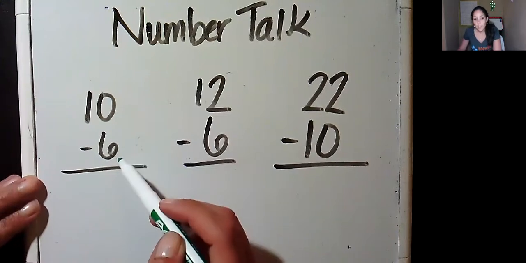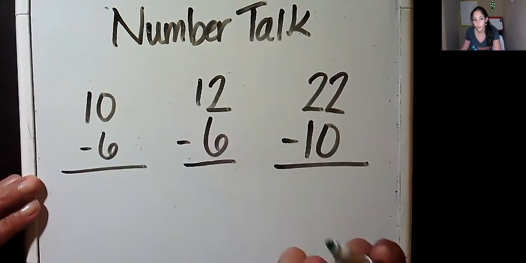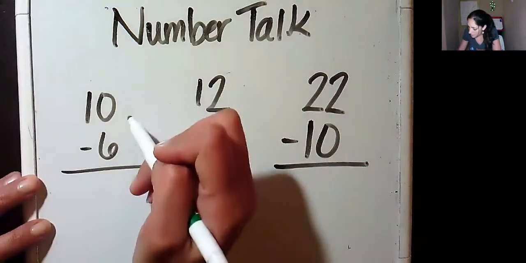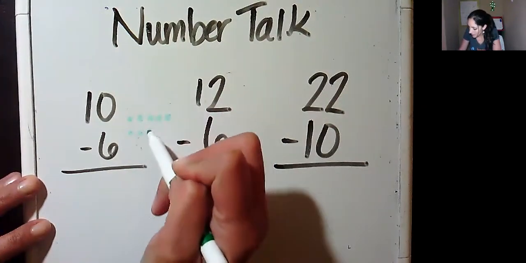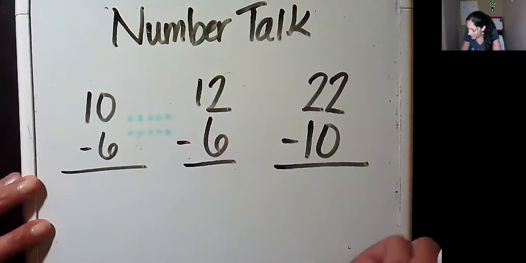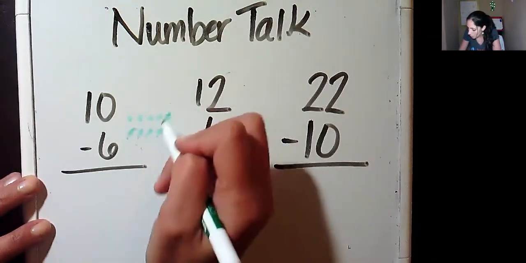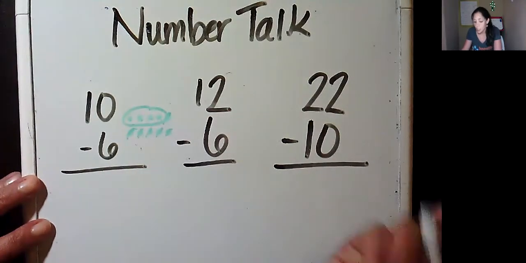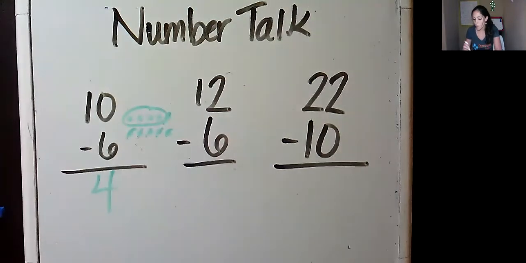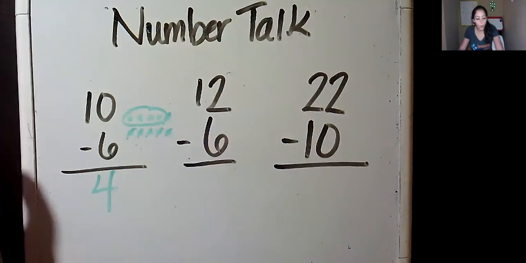So for 10 take away 6, a really simple way to figure this one out would be just by drawing 10 pieces, 1, 2, 3, 4, 5, 6, 7, 8, 9, 10, and taking away 6 of them. Now I know this row is 5, and 1 more, that's going to leave me 4. So my drawing strategy would leave me with 4, but I know my ways to make 10, and I know that